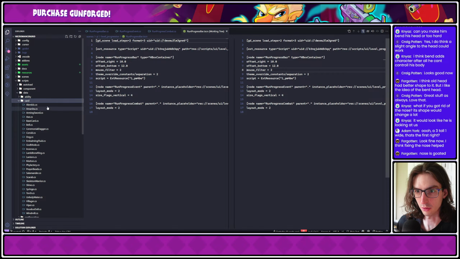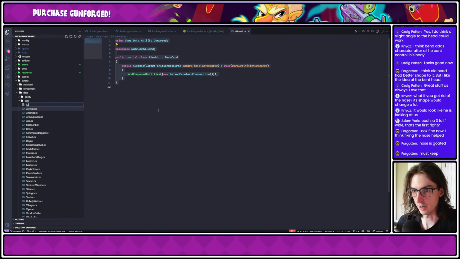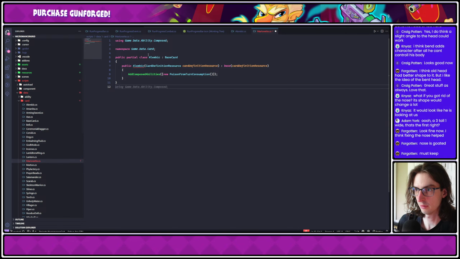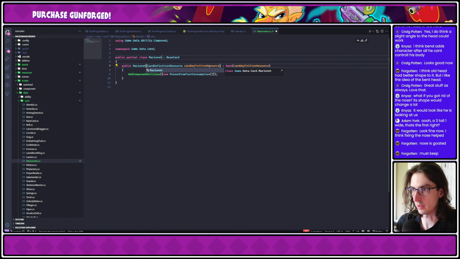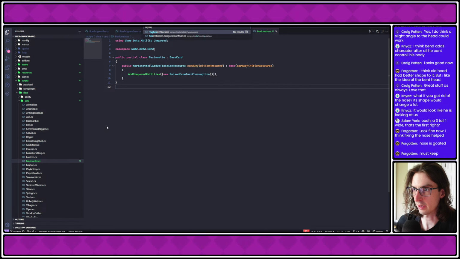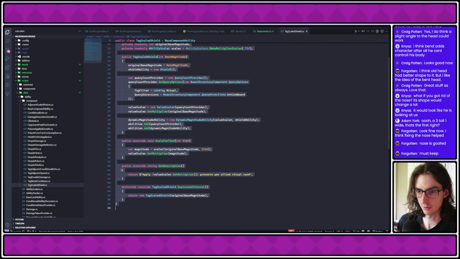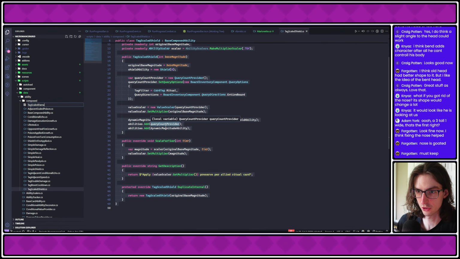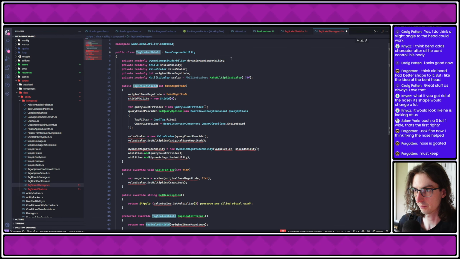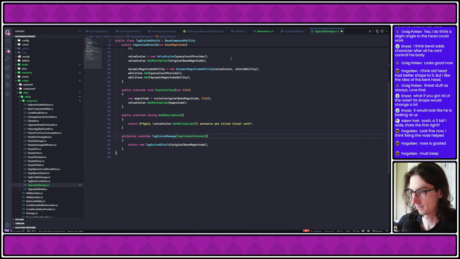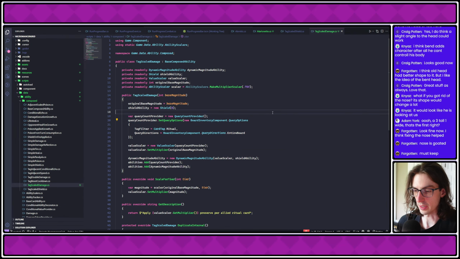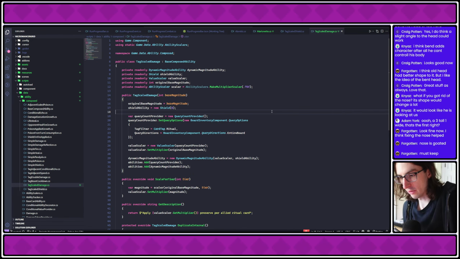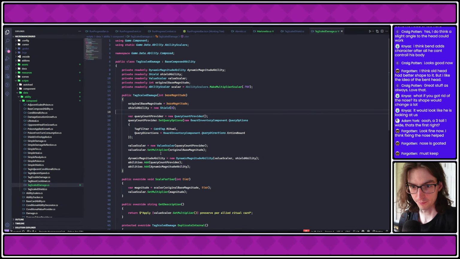Scripts, data, card, I'm just going to copy this. New file, marionette.cs. Marionette, tag scaled shield. So here, I'm going to create a new file, tag scaled damage.cs. What I'm going to do here is make this do probably 4 damage per minion card. So its damage is going to be based on how many minions you have on the board, because I think that's good